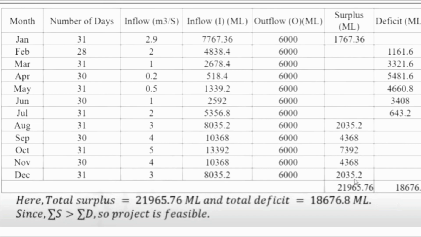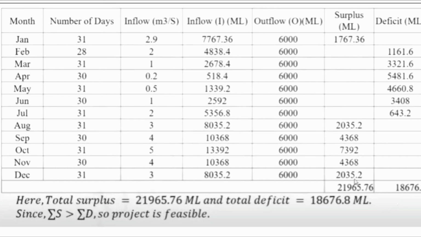For the conversion, take 2.9 meter cube per second, into 86400 seconds in 1 day, into 10 to the power 3 to get liters, into 10 to the power minus 6 for million liter, into 31 days, which equals 7767.36. Similarly, use 2 into 86400 into 28 days into 10 to the power 3 into 10 to the power minus 6, which is equal to